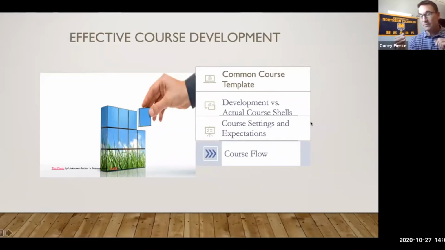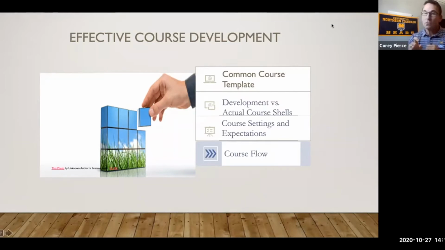The benefits of the developmental shell are, one, decreased lead time for course updates. What that developmental shell does is it's a storage unit. As soon as you find new materials, new information, you can take it and put it in that development shell. When you put it in there, it's more likely the next time you offer that class, you're going to pull those new materials. So it's not about waiting a year, 2 year, 3 year rotation of when you update a course. That developmental shell allows you to take all those materials and things that you're updating and put it in those new actual course shells from semester to semester.